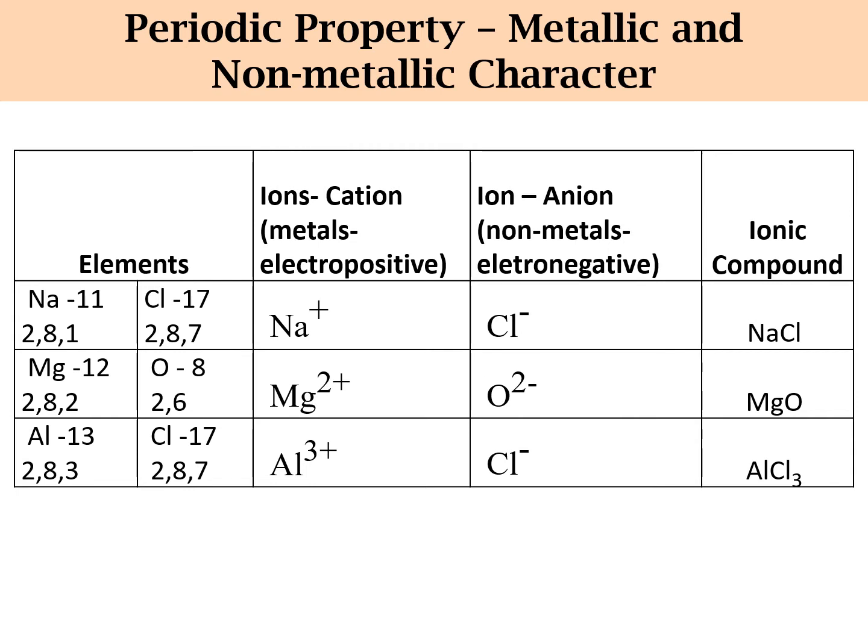Here we have 3 examples. The last column has examples of ionic compounds like NaCl, magnesium oxide and aluminium chloride. Each of them has a metal and a non-metal. For example, here we have sodium, magnesium, aluminium as metals and chlorine and oxygen as non-metals. Now, how are these compounds formed? Coming to the first column, elements are given: sodium, magnesium, aluminium, chlorine and oxygen along with their atomic numbers and their electronic configurations.